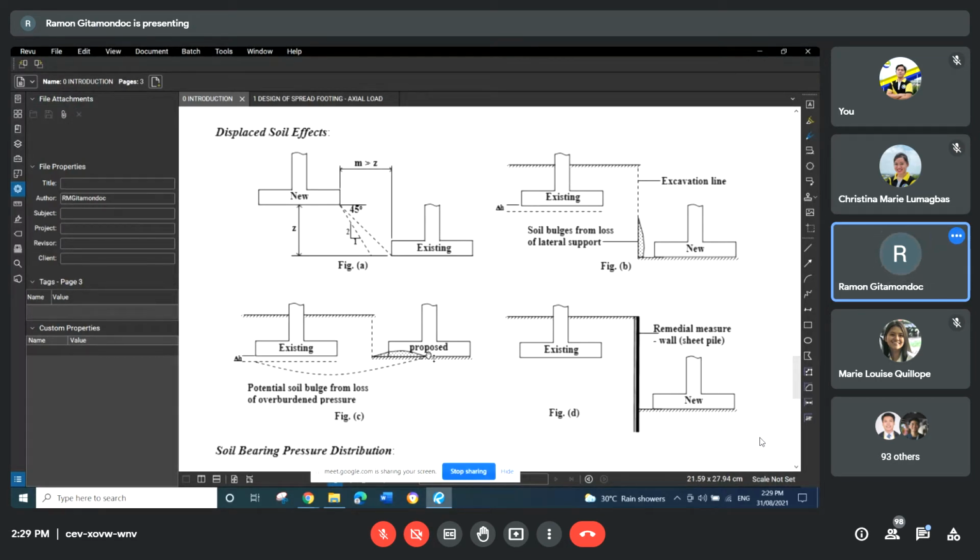Now, even if the existing and the new footings are more or less of the same level, there are also situations where the existing foundation still manifests settlement, no, because when you excavate this portion, no, as shown in the proposed footing location, when you excavate this one, you're actually relieving the soil, no, of its lateral confinement